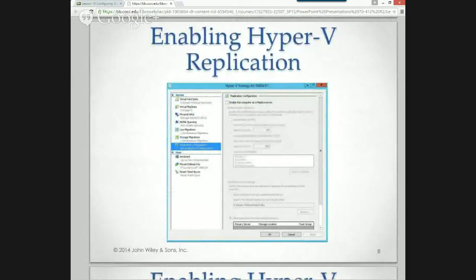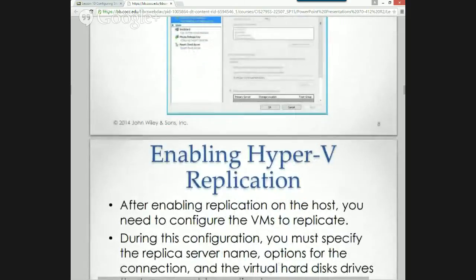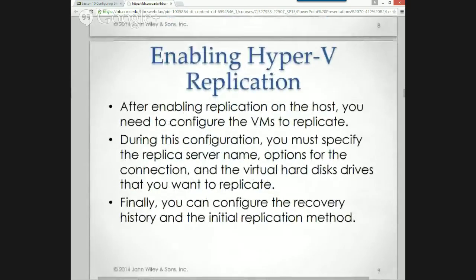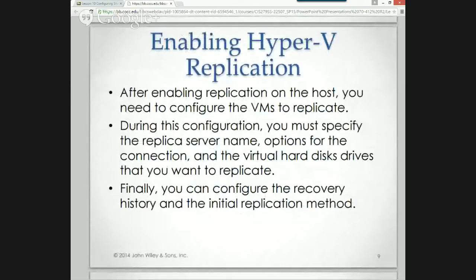So to enable Hyper-V replication, we just go into the Hyper-V settings. We point it at the other site. So we're going to need some routing configuration and some security, since it's going over the web. HTTPS is a very efficient means of encryption.